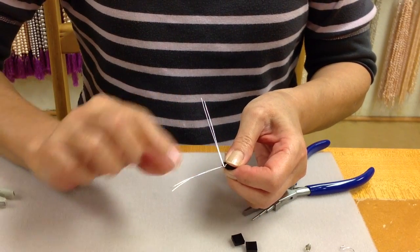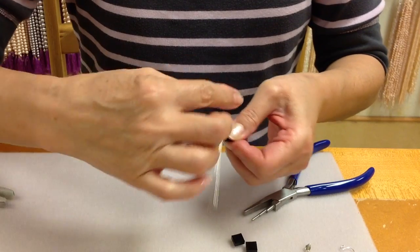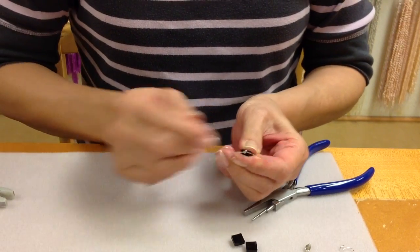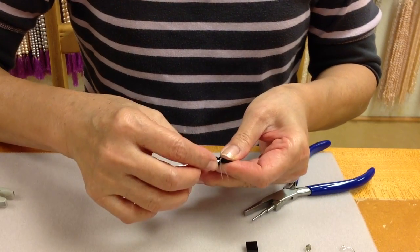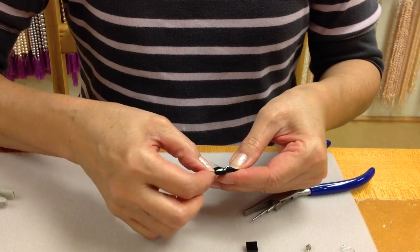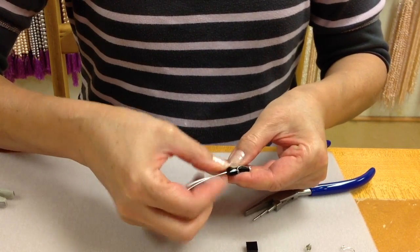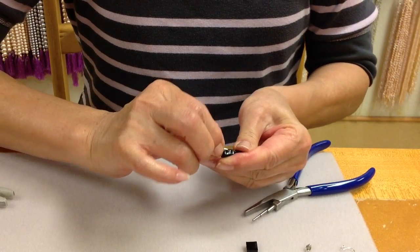I'm going to call this the stem. I'm going to wrap it around just once around. Then I'm going to add my next crystal onto the stem, using my thumb again to hold it in place,